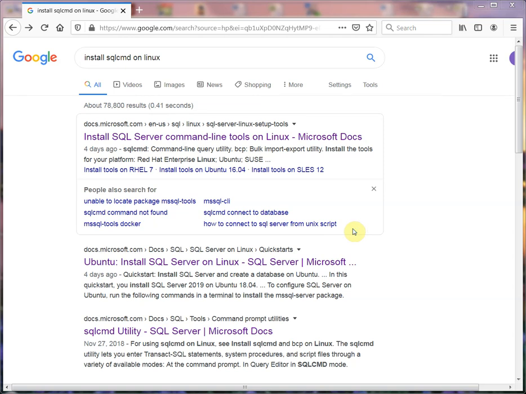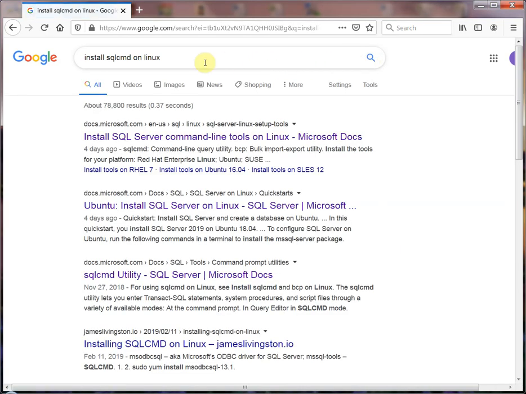Okay, in this video, I'm going to perform a SQL Server command line tools installation on Linux. From Google, you can search for install SQL Server command line tools on Linux. So this is the first document